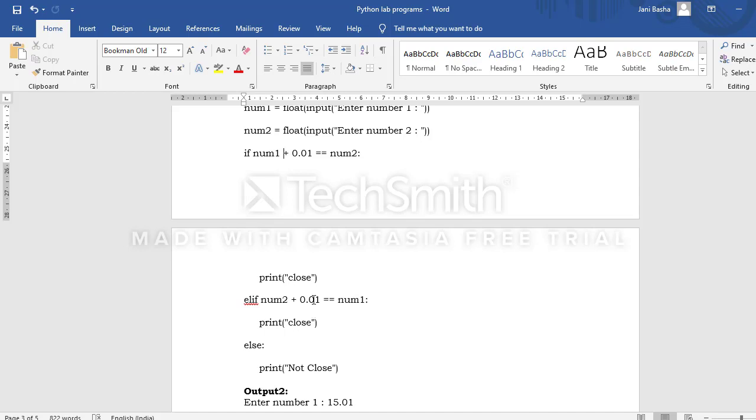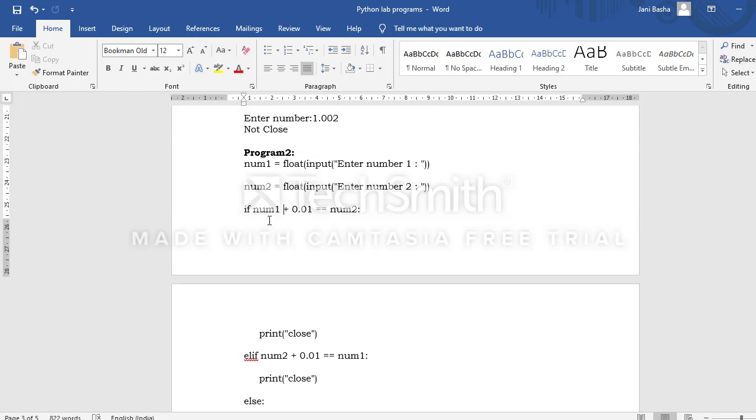So the thing is, if to the first number you add 0.01 you will get number 2. In that case, we can say it is very close, both the numbers are very close. Otherwise, if we add 0.01 to number 2, you should get number 1. Then only we can say that both the numbers are very close.